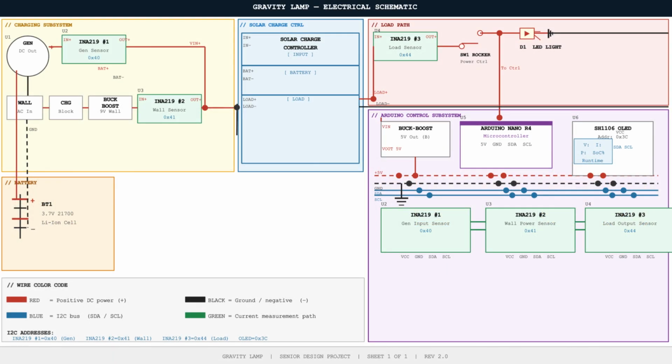The circuit diagram shows the full electrical layout for the gravity lamp. On the left side, the generator and wall charging path both feed into the solar charge controller. Each input has its own current sensor, so we can monitor power coming from the generator and from the wall charging circuit separately. The charge controller manages the 3.7 volt battery and sends power to the load side of the